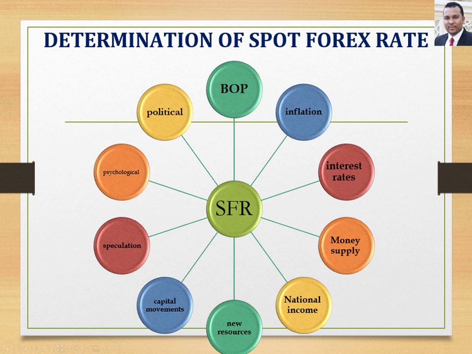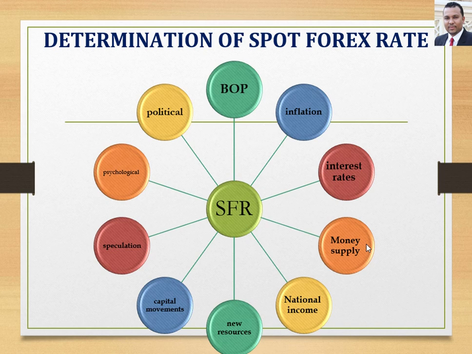Number 4, money supply. Money supply affects the spot forex rate in two ways. Number 1, the direct way, when we talk about the stock of goods and services. We compare the money supply stock with the stock of goods and services. Any increase in money supply without a constant stock of goods and services may lead to higher prices or higher